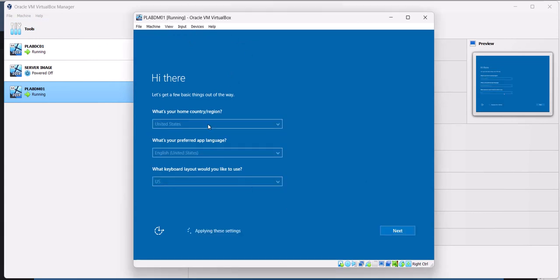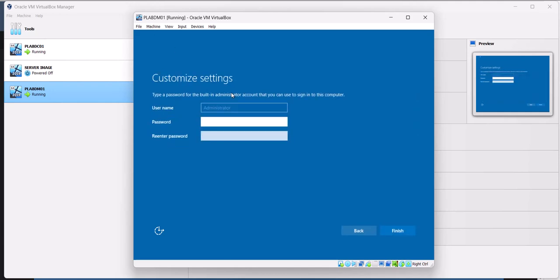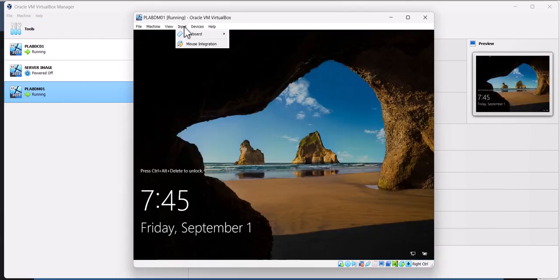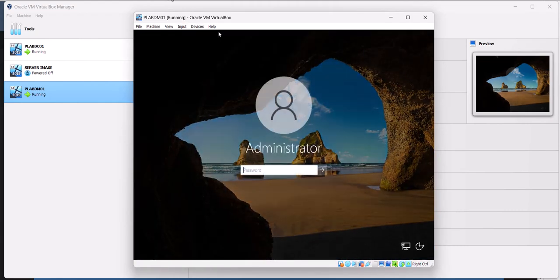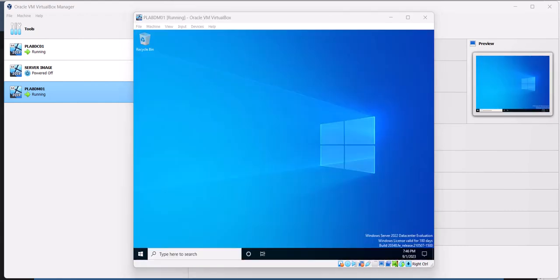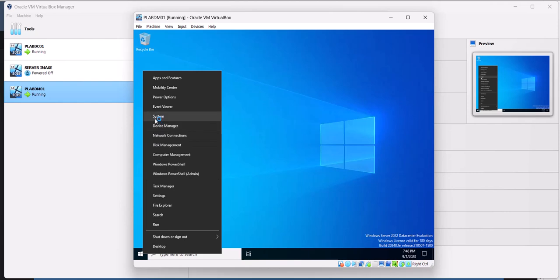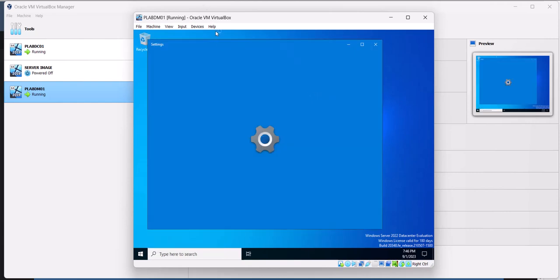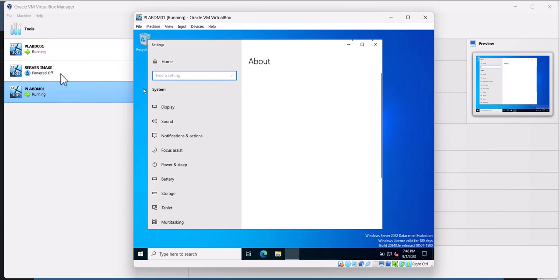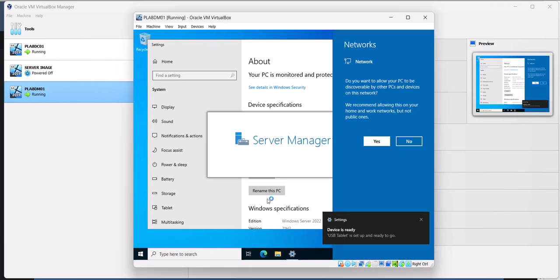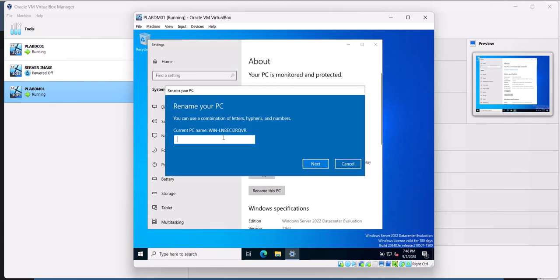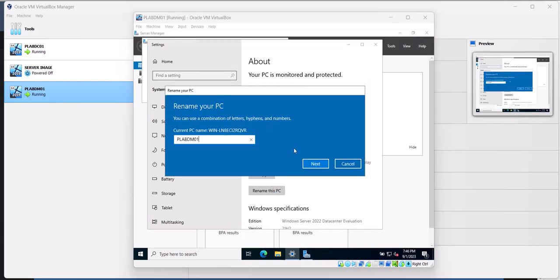And here again, just like that, in a few seconds we got a whole operating system ready for us without installing a whole operating system again. So let's go ahead and put the same password and get this server ready. We're going to do Ctrl+Alt+Delete, log into this server, and the first thing we need to do on the server is to change the name. So let's go to system, and here we're going to change this name to PLab DM01, and you can click yes to the network. Let's change this to PLab DM01, and we're going to click next and then restart the server,